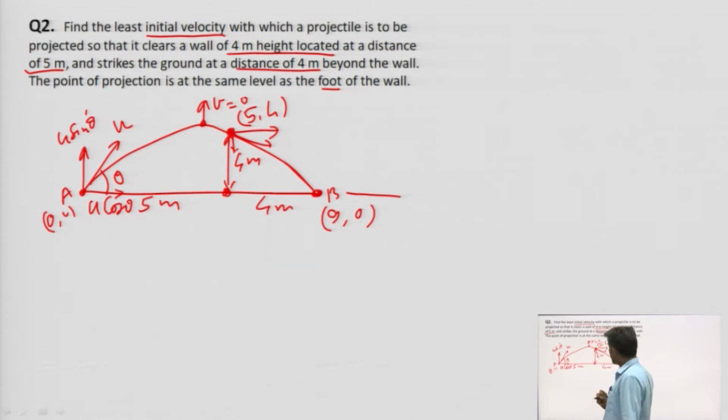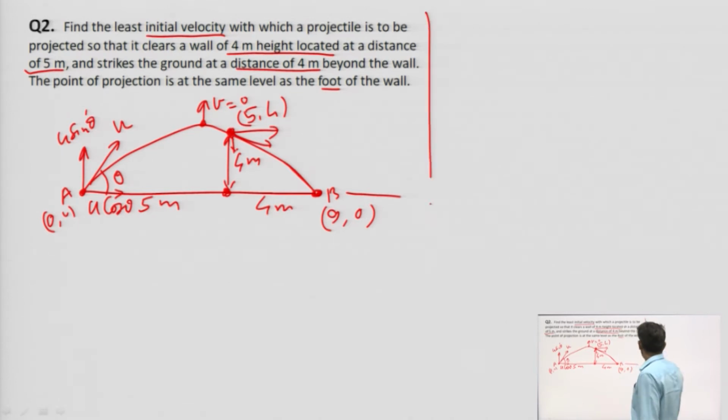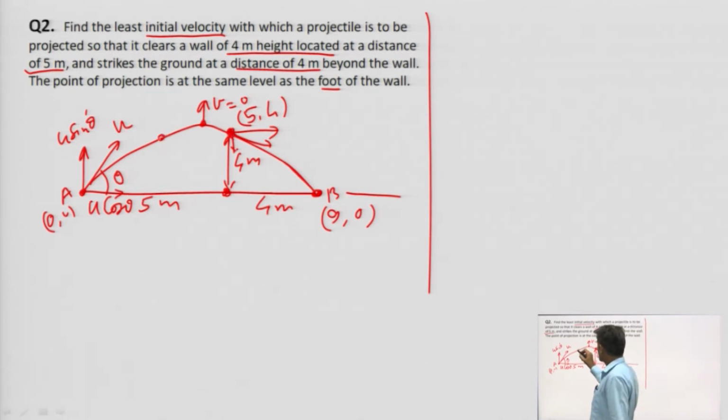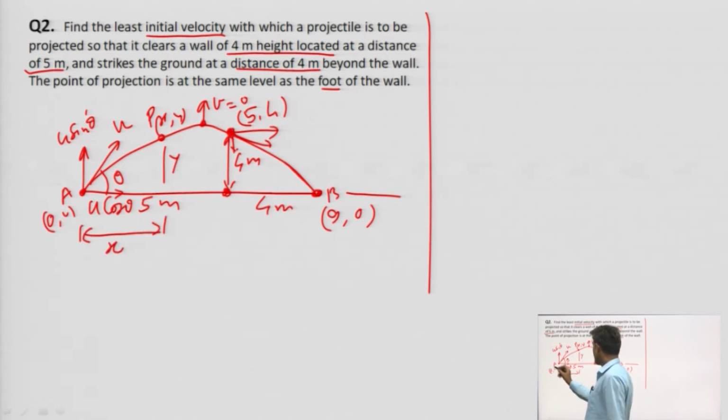If we use the equation of the trajectory, then we can calculate it very easily. So, how do we write the equation for this trajectory? It is very simple. Suppose this point is P(x, y), where this component is vertical y and this one is x, taking A as origin.